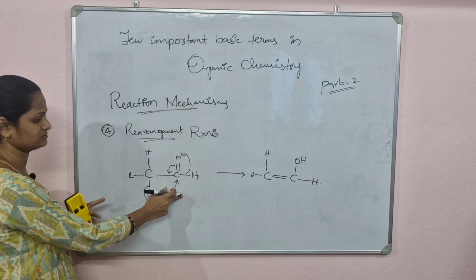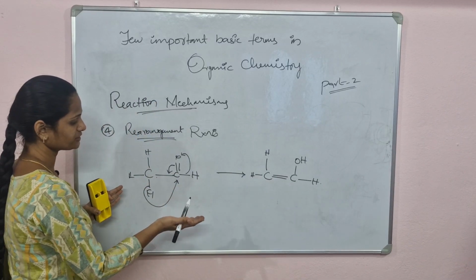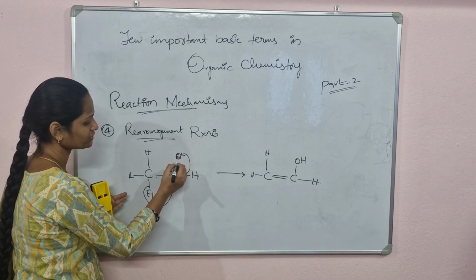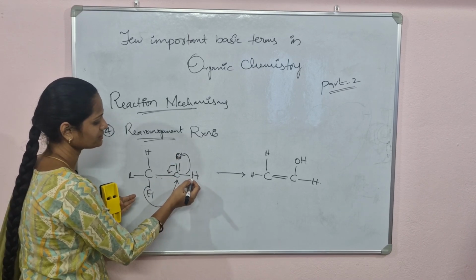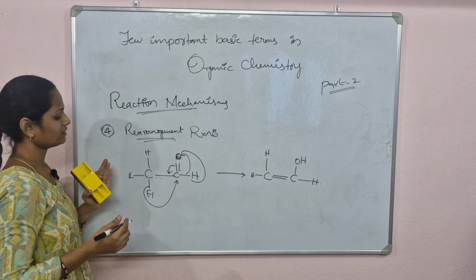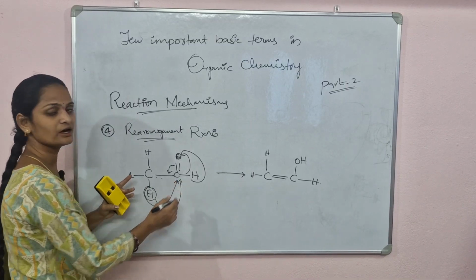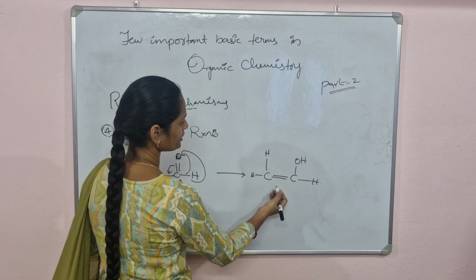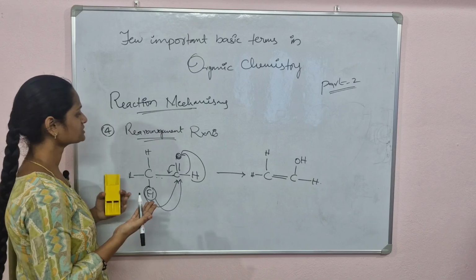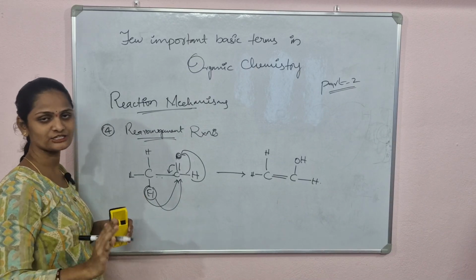See, this is an aldehyde. This is ethyl aldehyde. This is ethyl alcohol. In this, due to the rearrangement of the bond within that molecule, oxygen has donated its electrons to the carbon, and this hydrogen gets attached to the oxygen, and due to the instability of the carbon, this hydrogen gets detached and gets attached to the carbon. So finally we got the product called ethyl alcohol, from ethyl aldehyde to ethyl alcohol. These types of reactions are called rearrangement reactions.